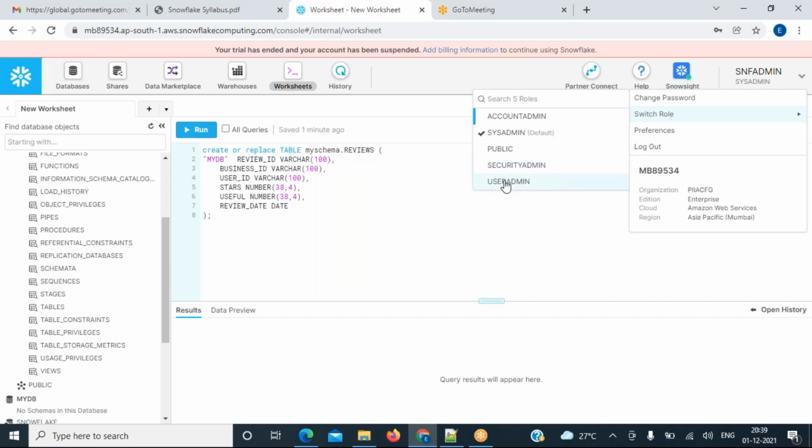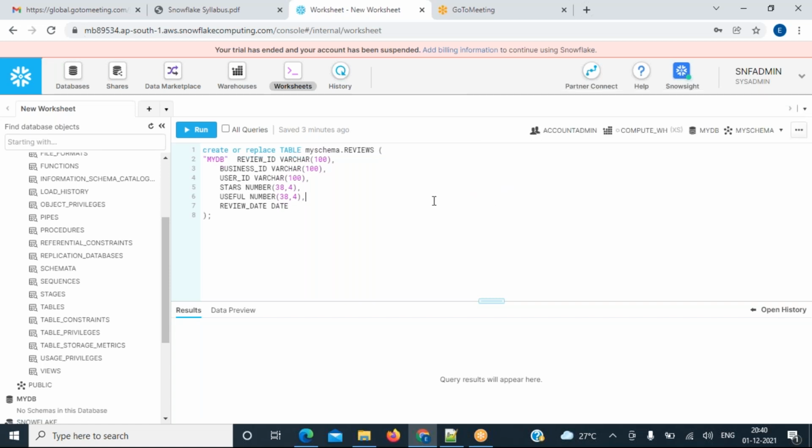Based on the nature of the work we are going to do, we can assign the particular role. By default it will have sysadmin. You can assign the particular role to that particular user, but please make sure you don't give any access to the public role and assign this public role to any user. That way everyone has the public role. But the problem is, if you assign any access to the public role, everyone will get that access. That is the reason. Please make sure while you are doing user management, we create proper